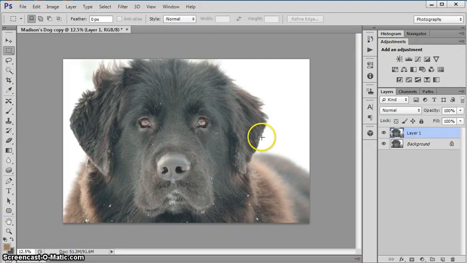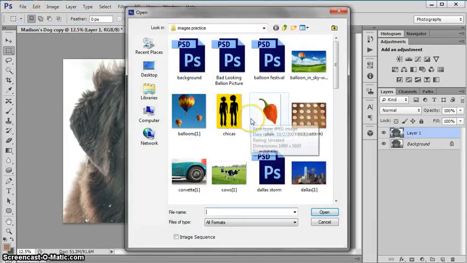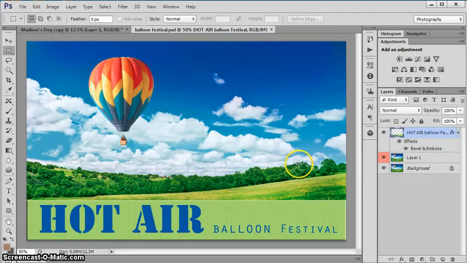Alright, so let's say I've made some changes to a picture. I have a project. Let me open up one. And let's say I'm pretending to make a poster for a balloon festival, and I'm ready to save this. Now, I would make a couple recommendations about saving. First, you probably want to save all your projects as a Photoshop document,